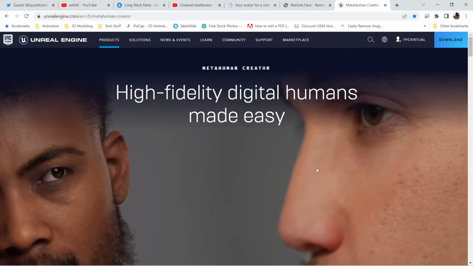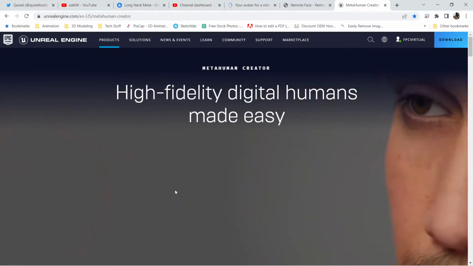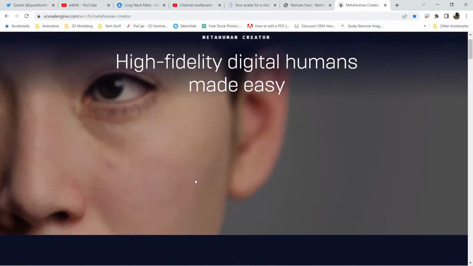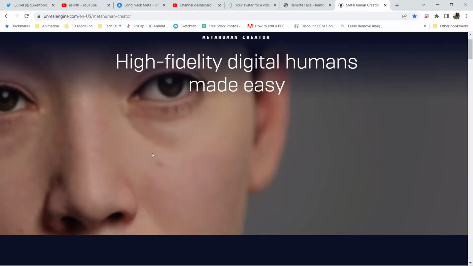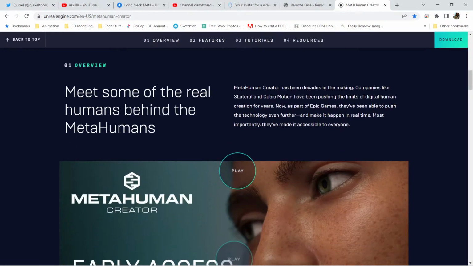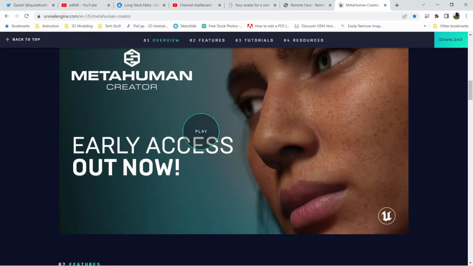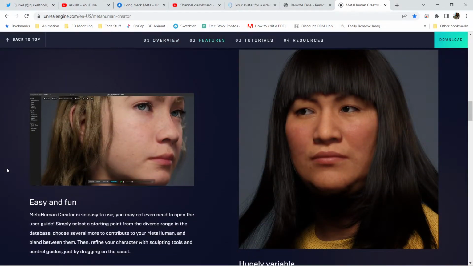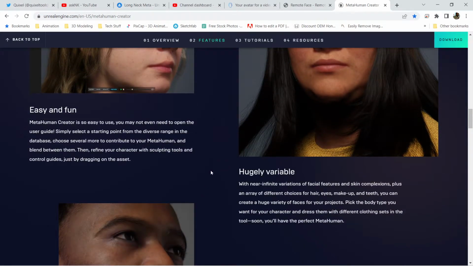As you can see, the details are very, very high fidelity, photorealistic. The characters are very, very high quality. So if you want to create that kind of stuff, you would have to go and dig into this, and I'll put a link to this as well for y'all folks to see if you're interested in that kind of thing. You can actually use the MetaHuman characters to create your avatars,